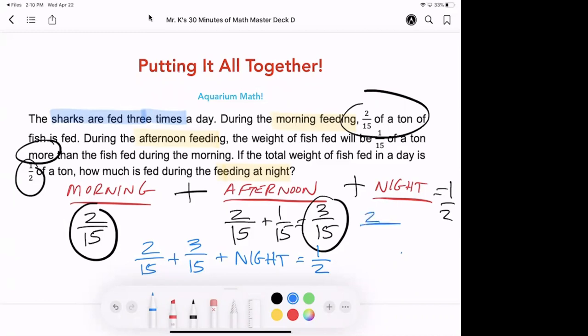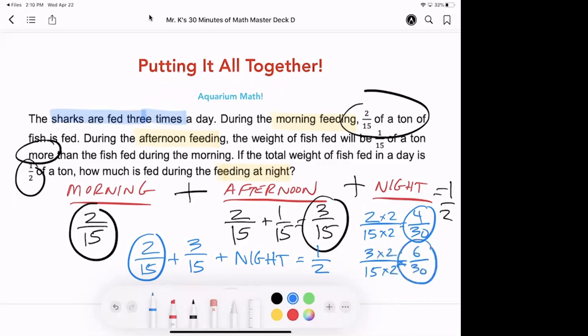So 2/15, 15 times 2 and 2 times 2 would give us 4/30. So that one is 4/30. Then 3/15 equals 30ths. We'd multiply the numerator and the denominator by 2. So this one is 6/30. So 4 and 6 would give us 10/30 plus the night